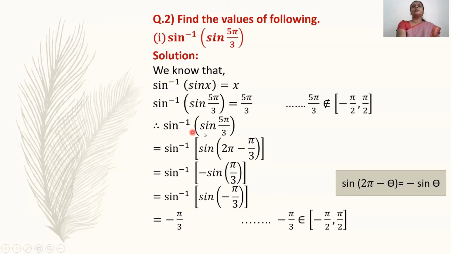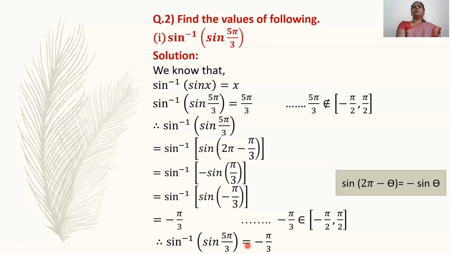Therefore, value of sine inverse sine 5 pi by 3 is equal to minus pi by 3. And minus pi by 3 means minus 60 degree. And obviously lies in the interval minus pi by 2 to pi by 2. Means this is our solution for the given inverse function. Therefore, write down sine inverse in the bracket sine 5 pi by 3 is equal to minus pi by 3. In this way, it is simple to find the principal solution of any inverse trigonometric function.